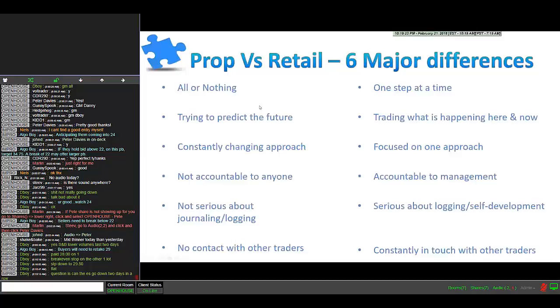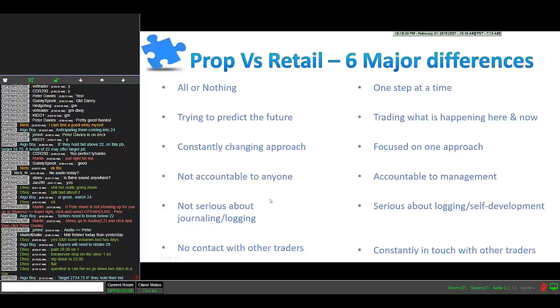Now, accountability is another difference. Your average retail trader is accountable to absolutely no one except their spouse, but in almost all cases, they're not telling their spouse how it's really going. And after a bad day sim trading, your retail trader can just hit reset. They can purposely ignore days where they went completely off plan and tell themselves, well, I'm not going to do that again. At a prop firm, you have management, right? Management that could one day walk up to you and say,